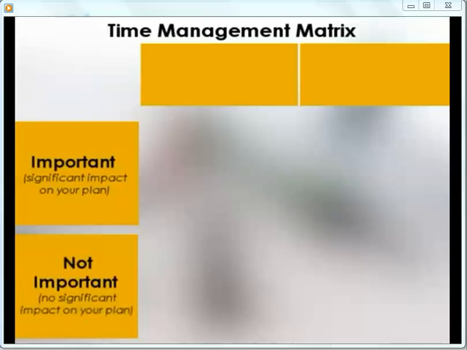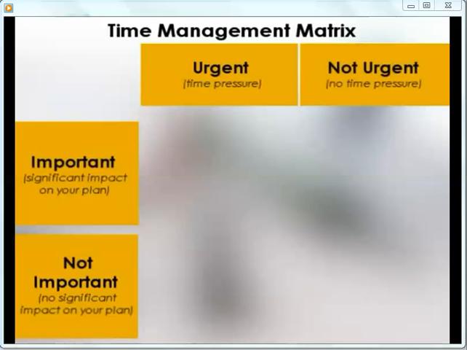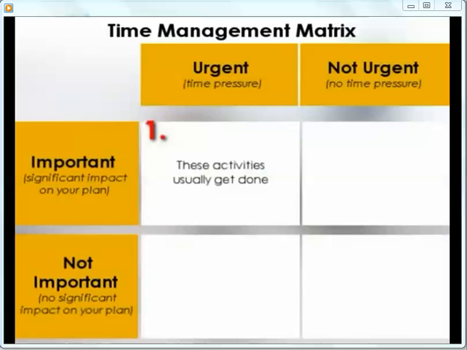or they're not important. The actions you take are either urgent, there is an implication of time pressure, or they're not urgent, there is no time pressure. Quadrant 1 is important and urgent. Your biggest client has a pressing need. The computers crash. You have a deadline-driven project you need to complete. Quadrant 1 items get done.